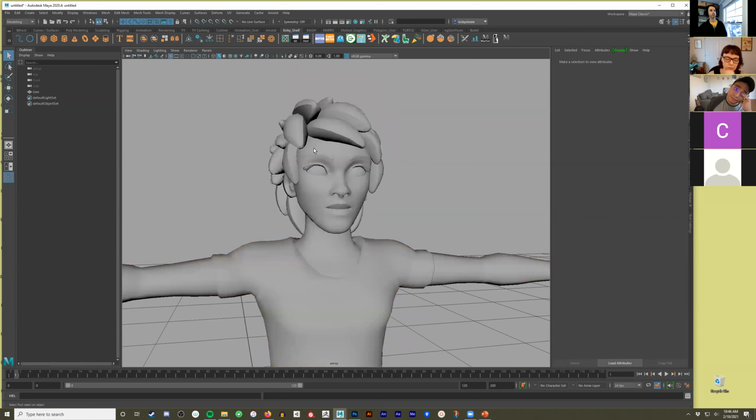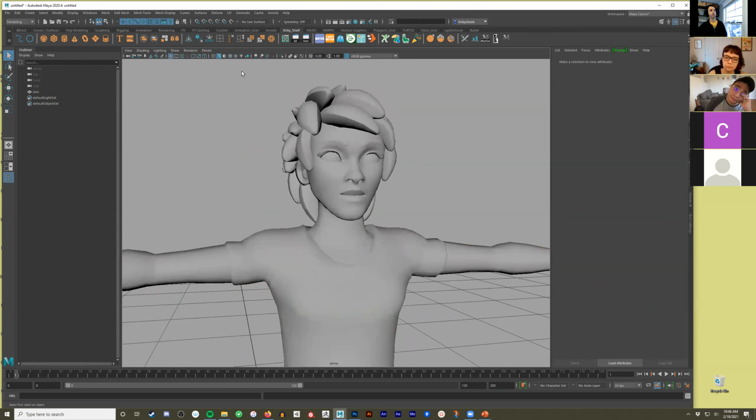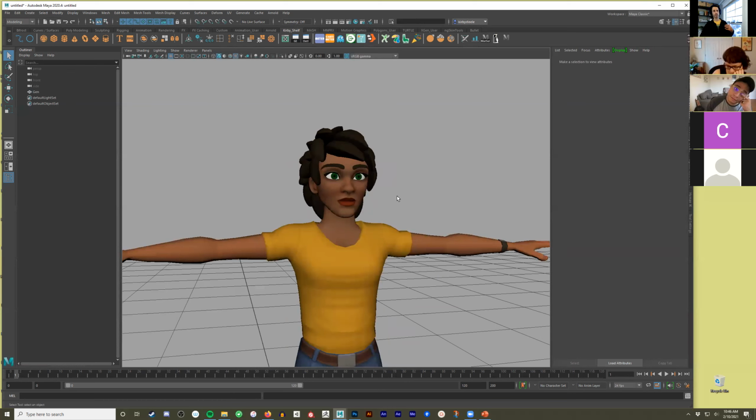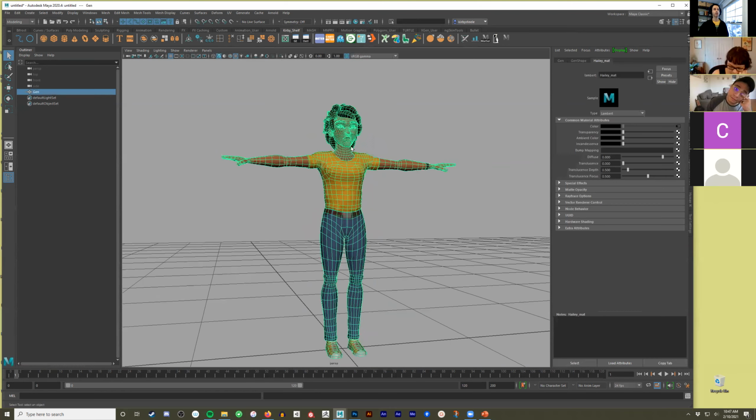If when you do that, it still stays gray, that's probably because this button isn't active. This little checker button up here is your viewport's ability to show textures. So if you click the little checker pattern, it'll let you show the textures. The reason why you might toggle it on and off is if your scene is super complicated and there's a bunch of 4K textures on lots of objects, that's a lot of information to keep track of. So sometimes if you're animating, maybe you want to turn off your textures and just focus on the models. I tend to leave it on because a lot of the things I work on are reasonably low poly,